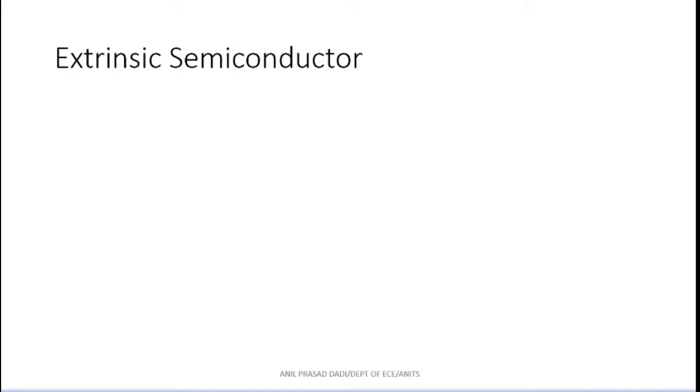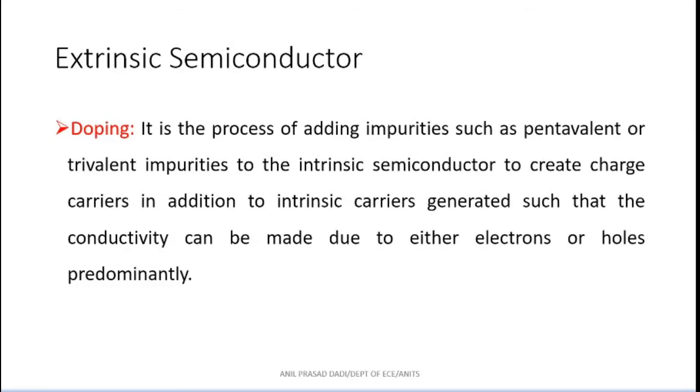Okay. More conductivity? No. Okay, so I'll give you the answer, or I'll give you the definition. You just understand. So what is the definition? Doping. Adding impurities is doping. So you said that extrinsic semiconductor means adding impurities to the intrinsic semiconductor leads to the extrinsic semiconductor. And how do you add impurities? With a process called doping. Okay. Understand why doping is required.